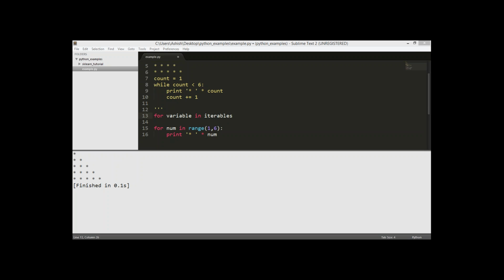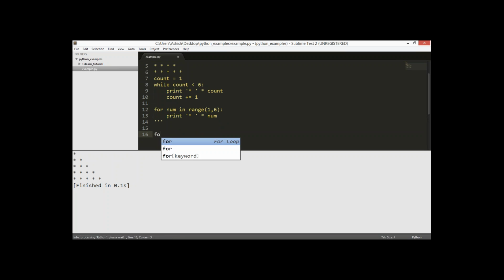Let's say I want to traverse through all the characters in a particular string, then I would write it something like this. So for this for loop, let me copy it over, and it goes inside the comment block. So if I want to iterate over a string, I would say every character. Now for this variable part, you would write your own variables. And remember that the scope of this variable is going to be outside the loop as well. So after you finish the loop and you try to access char, it would be holding the last value of that particular variable. So I would say for char in string,